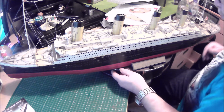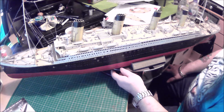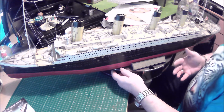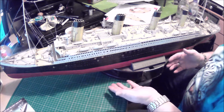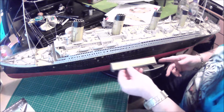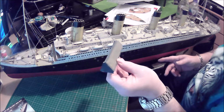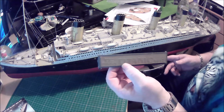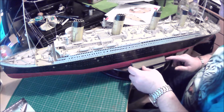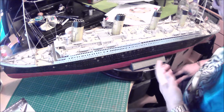It's caked in dust because back then when Hachette brought it out, you had to pay for the stand separately, so I made my own. This came with it, RMS Titanic 1912, with the White Star flag emblem on a piece of wood that was supplied, and that's coming away, so that's going to have to be re-glued on. I mean, for 20 years old